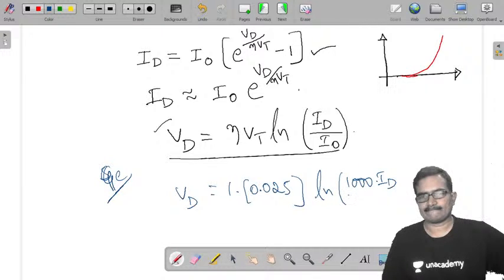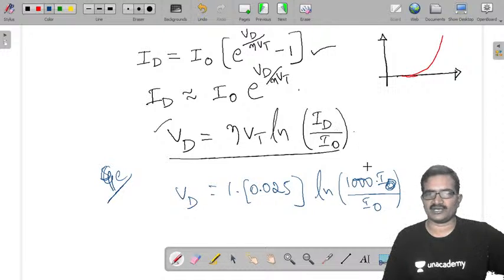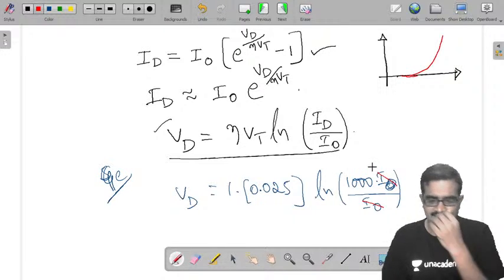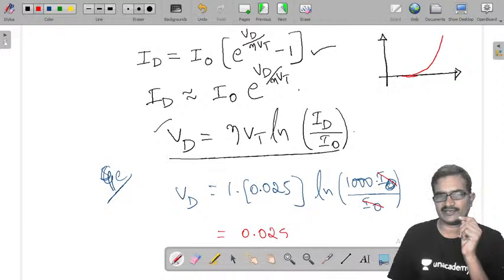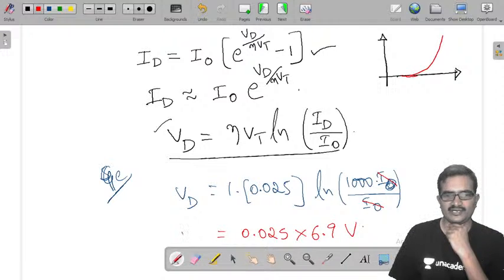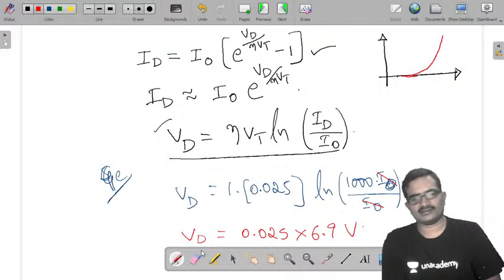I naught gets cancelled. ln of 1000 is ln of 10 power 3, so take 3 this side: 3 into ln of 10, ln of 10 is 2.3, 2.3 into 3 is 6.9. So 0.025 into 6.9 volts is the amount of voltage you need to apply